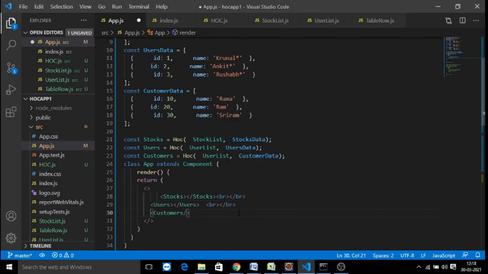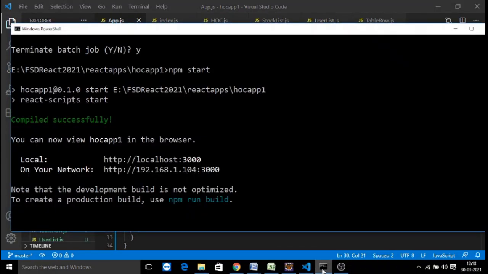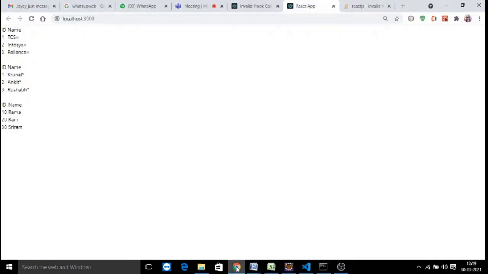Now restarting the application, we are able to get the customer data, user data, and stock data.